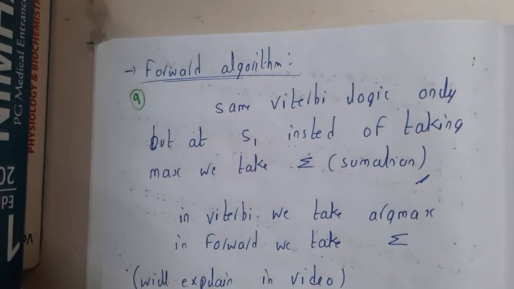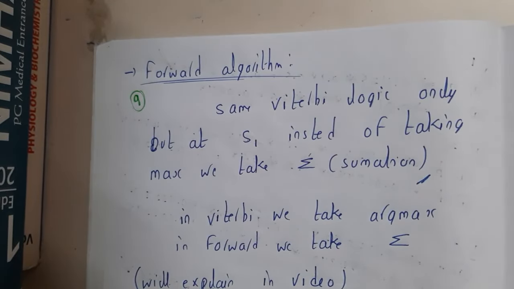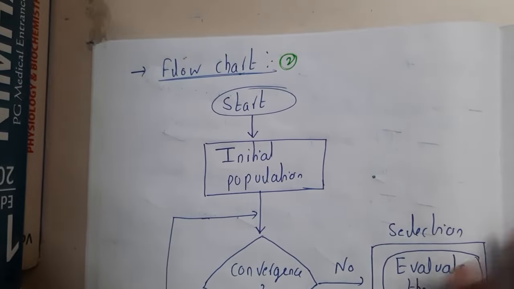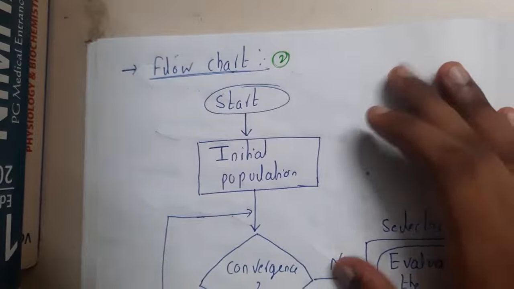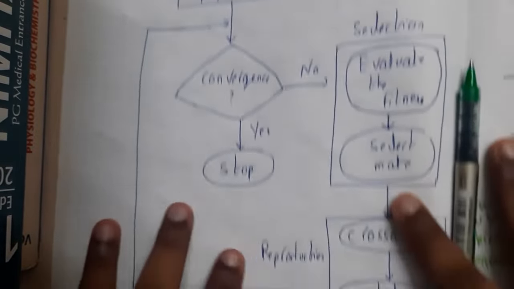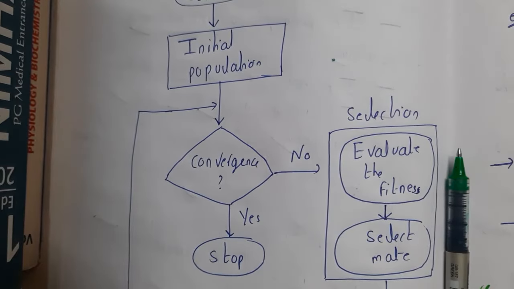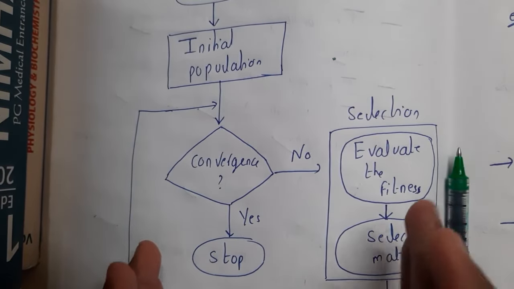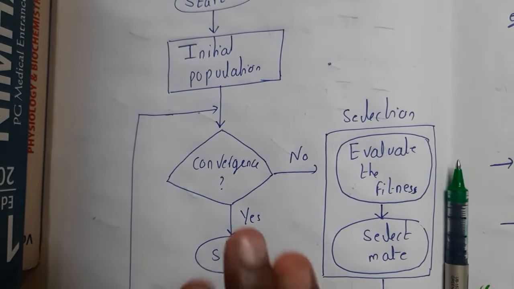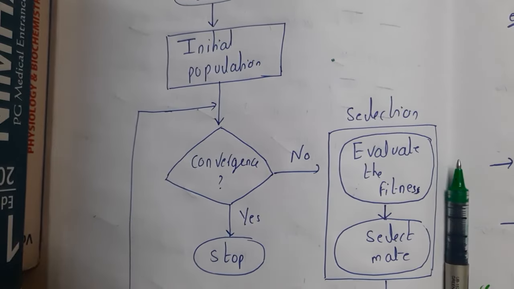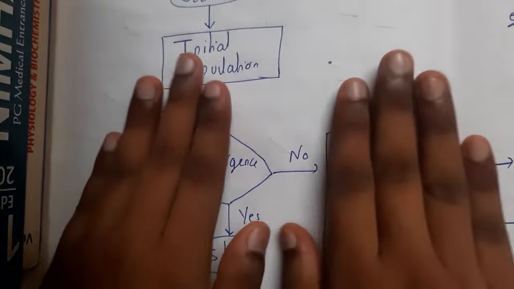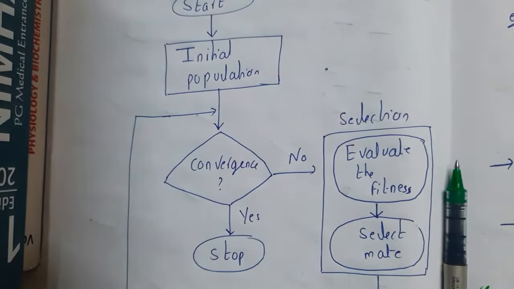I hope everyone got some basic idea, and you are feeling somewhat interested, right? It learns from its results and improves itself. In the next lecture, let us go through the exact flow chart, and then we will go step by step and understand the whole concept of the genetic algorithm. Once you understand that, the whole chapter will be a piece of cake for you, and every concept you can understand easily. This flow chart is really important.